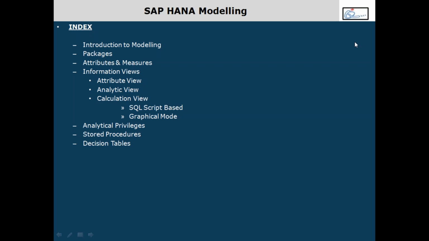Can we perform complex transformations in a view as we do in a routine in SAP? Okay, so there was a question. Can we do complex